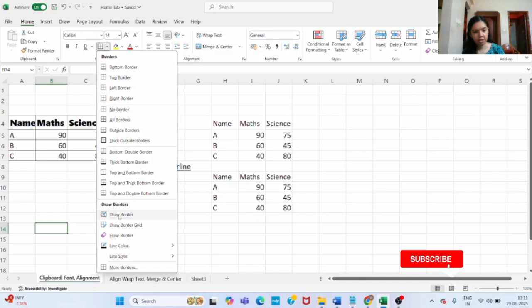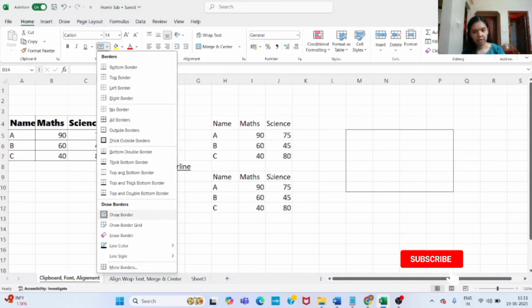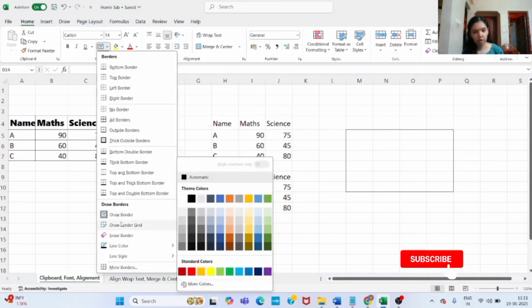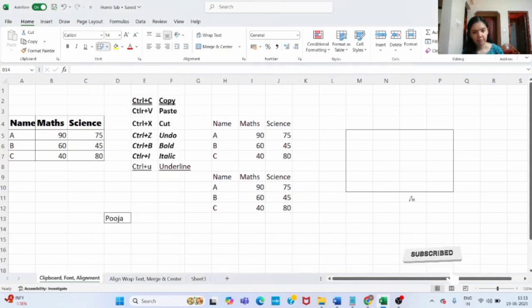And then if you want to draw the border, just click here, draw borders. So you have this icon activated now. So whatever cells you're selecting, see here a border, we can draw the border like this. Using this pencil icon, we can draw the border like this. So now this first icon, draw border, has created only an outside border. Now suppose if you click this, draw border grid, and if you select the cells, the entire cells will get bordered.